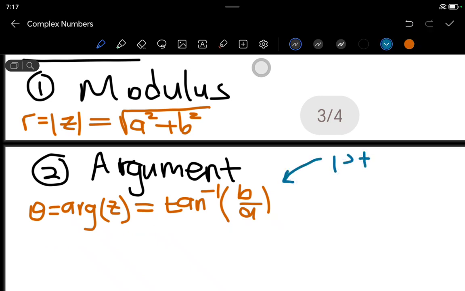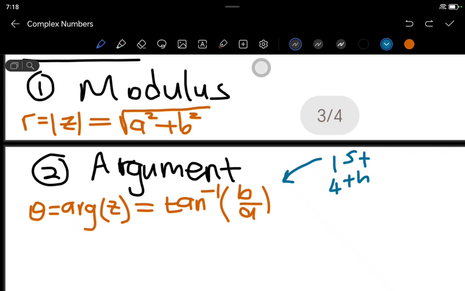In the first and the fourth quadrant. You see, right? Yeah, the first and the fourth quadrant. So when we're looking at the first and fourth quadrant, this is the formula that we'll be dealing with. You see, right? And then the second quadrant and the third quadrant, we're going to be talking about it. We're going to be looking at the diagram to say this is how we find the angle if we're in the second or third quadrant, or if we're on the x-axis or the y-axis,